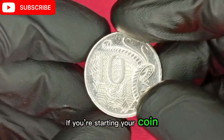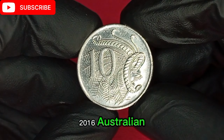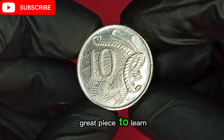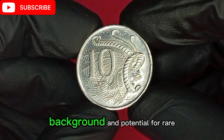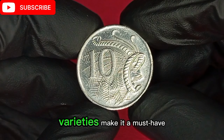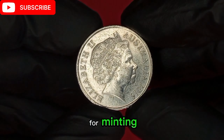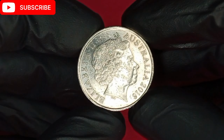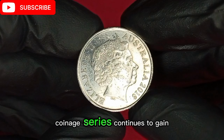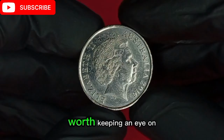If you're starting your coin collection or just checking your spare change, the 2016 Australian 10-cent coin is a great piece to learn from with its simple yet detailed design. Interesting minting background and potential for rare varieties make it a must-have. Be sure to check the date, inspect both sides for minting errors, and consider the condition before selling or trading your coin. The Australian decimal coinage series continues to gain interest worldwide, making even recent coins worth keeping an eye